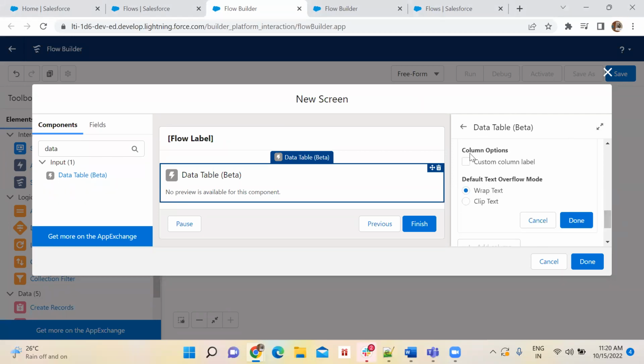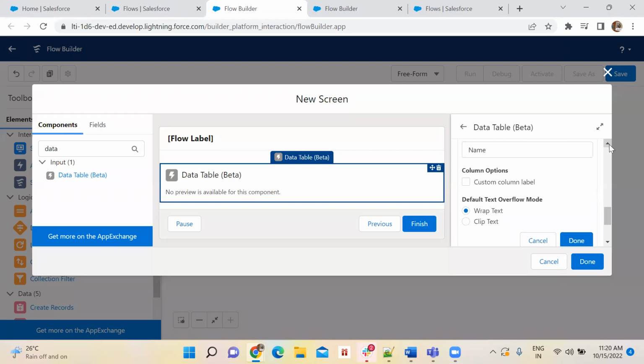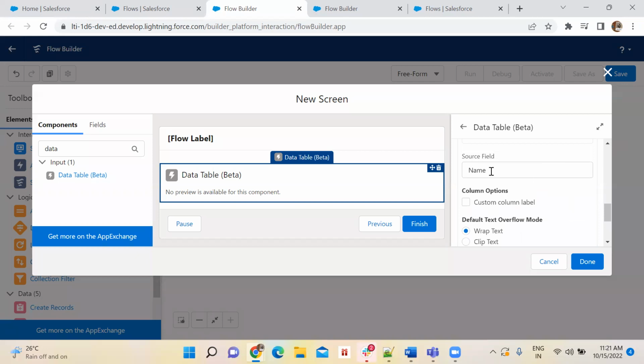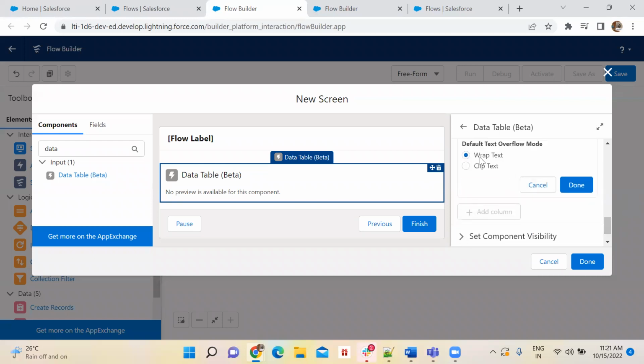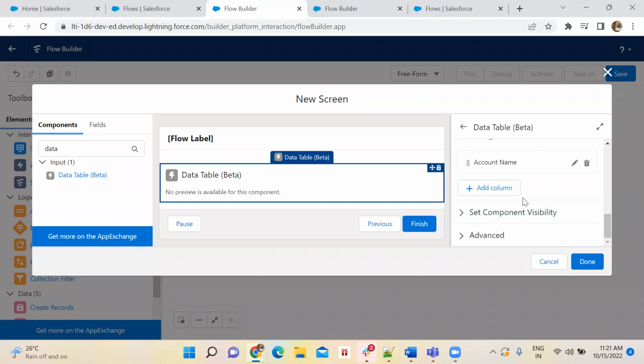Another nice option is that you can customize the name, I mean the label. Here the source name from the account object for the account name is name. If you want to give anything else, you can name it as, like, account name, so I can do it from here. Wrap text and clip text, I don't need to explain the difference. I hope everyone knows that. The next field, if I want to show something called revenue, I will click that